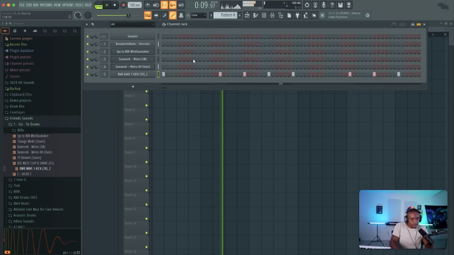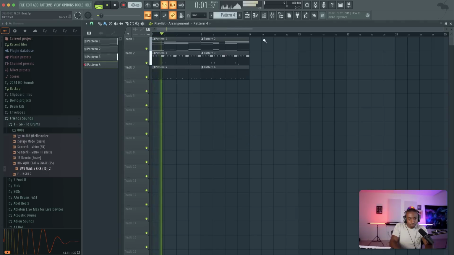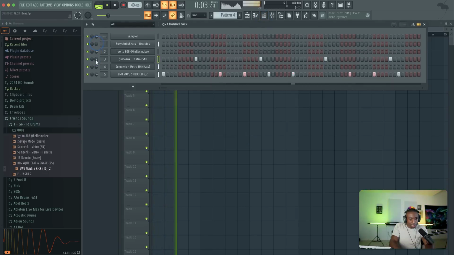All right, let's add the snare. So the workflow is pretty much the same. Again, the major update is just those plugins they added.